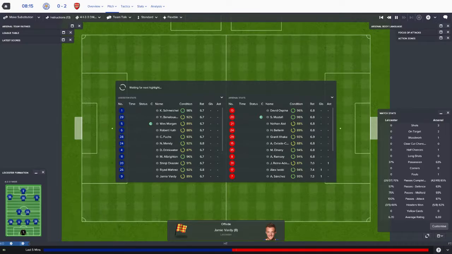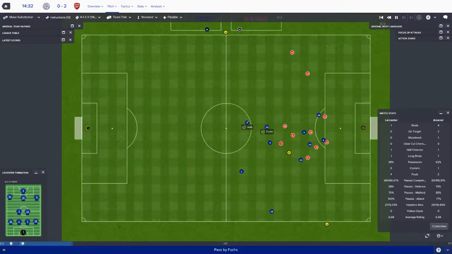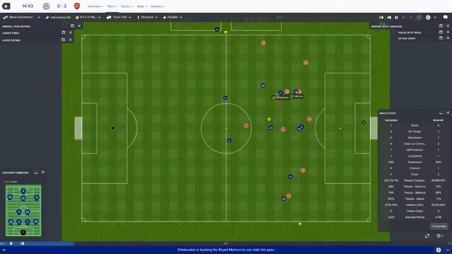And that's 2-0, and really, our front three has been superb. Now, Leicester in possession. Fuchs goes forward to Drinkwater. Drinkwater, back to Fuchs. Fuchs, Drinkwater, Mahrez. Inside of Vardy, and